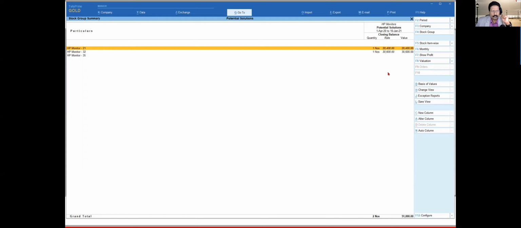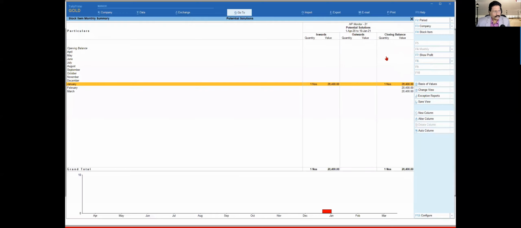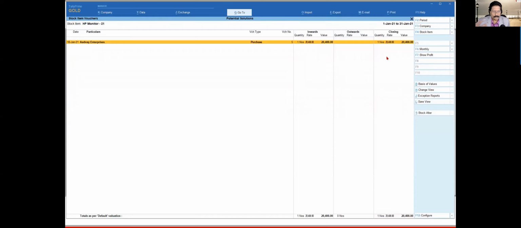So 20,400 is your effective cost, and on 32 inches your effective cost is 30,600. So this extra 1,000 got appropriated to the cost of your item. Come here, it is going to show this full value including the appropriated value.